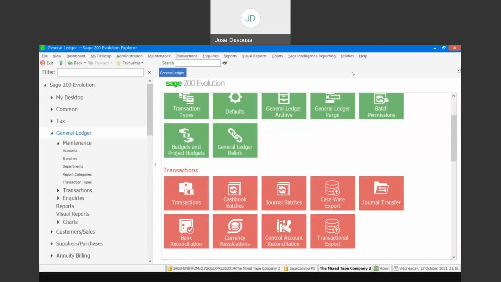Now, transaction types form a vital part in any Evolution database. Transaction types are linked to GL accounts, and these transaction types determine exactly which GL accounts are impacted when a transaction is processed. Now, when creating an Evolution database, you're able to specify your GL structure, either a segmented structure